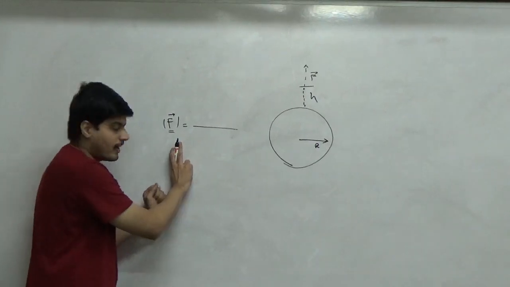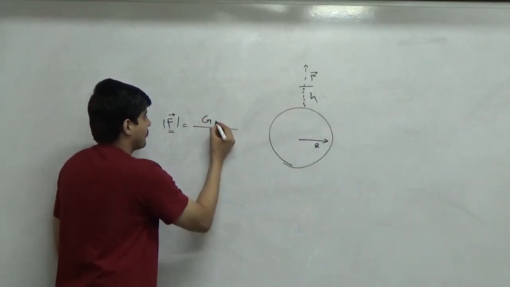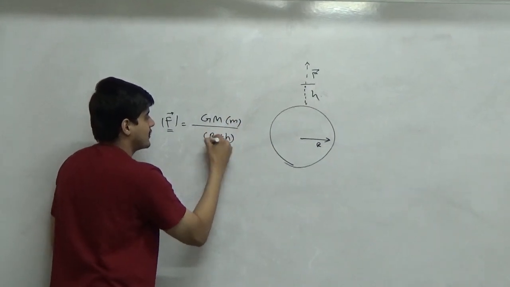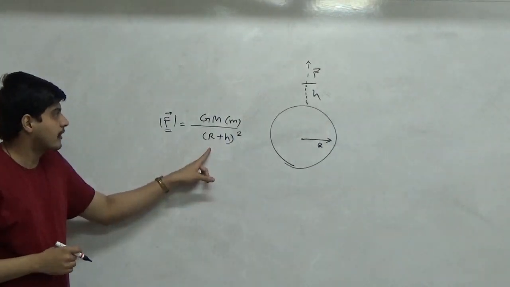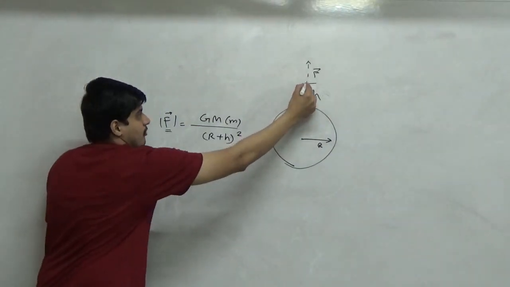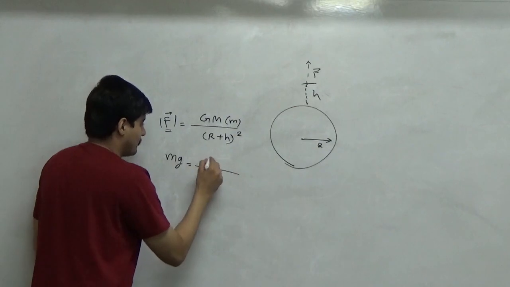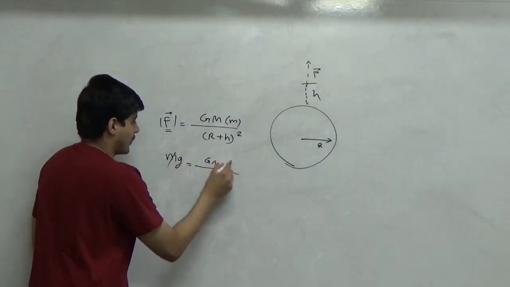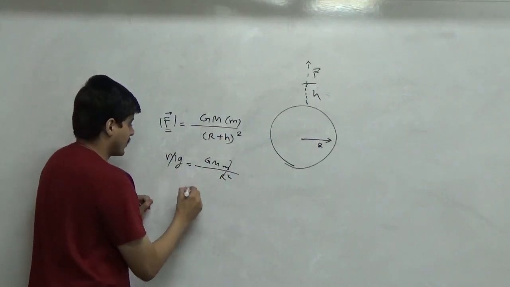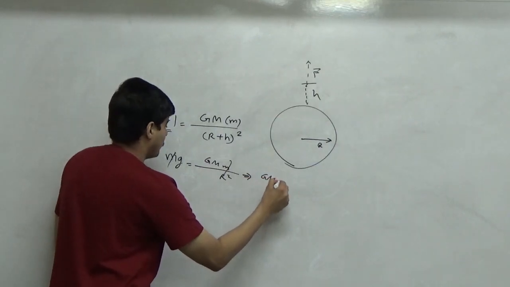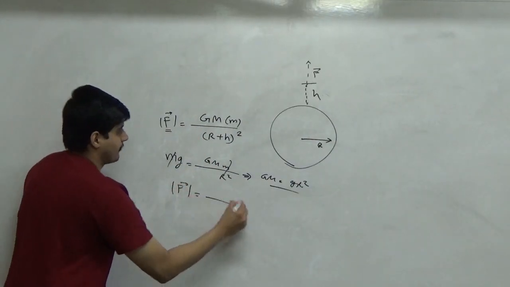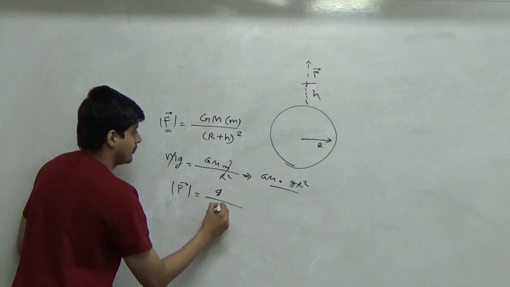So once this is the case of F bar, I can write it as G m into m upon (r plus h) whole square. Now I also know mg, which is the force exerted on the surface of earth on the same object, is simply G M m upon r square. So I am going to substitute GM upon r square here as g. So I get, therefore, this implies GM is g into r square. Substituting it here, I get F bar as g upon (r plus h) square